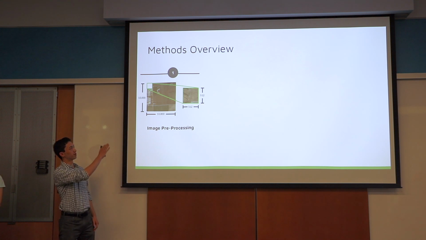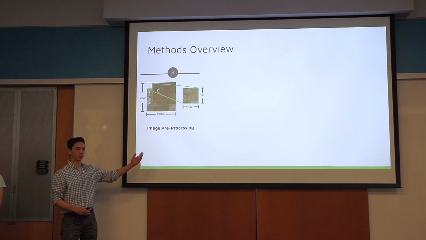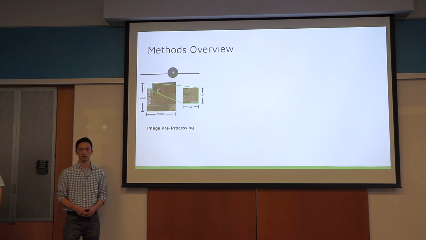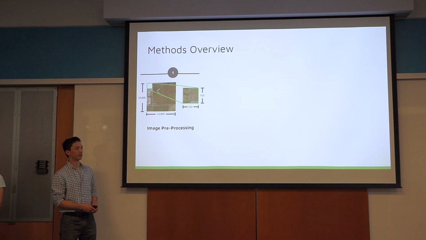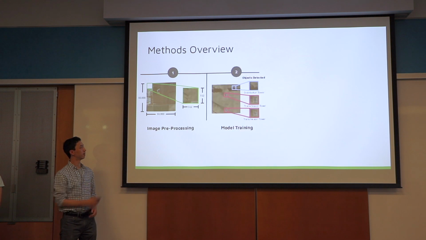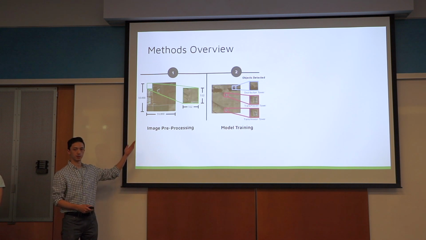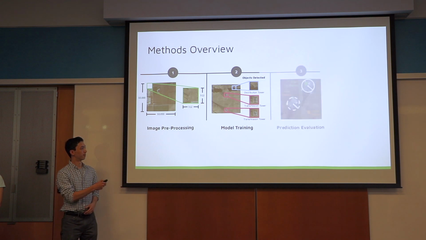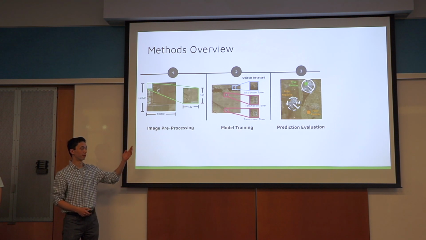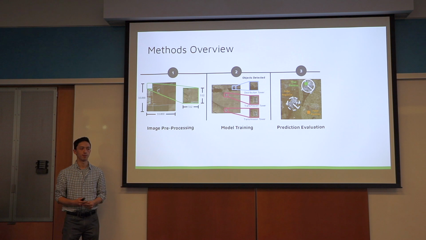But overall, the first step we had to do was image processing. So we heard a lot about the data set a few minutes ago, but the data had to be prepared in certain ways so that it would be ready to be put into the model for training. So the first step was processing. Secondly, we were able to train the actual model using the images that we had just pre-processed. After training, we were able to evaluate the performance of our model by testing it on a test set of imagery that had not been trained on. So the model had never seen it before.